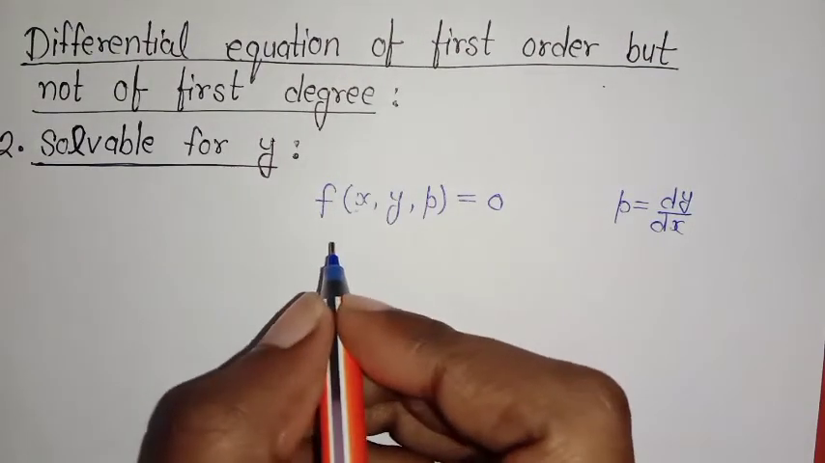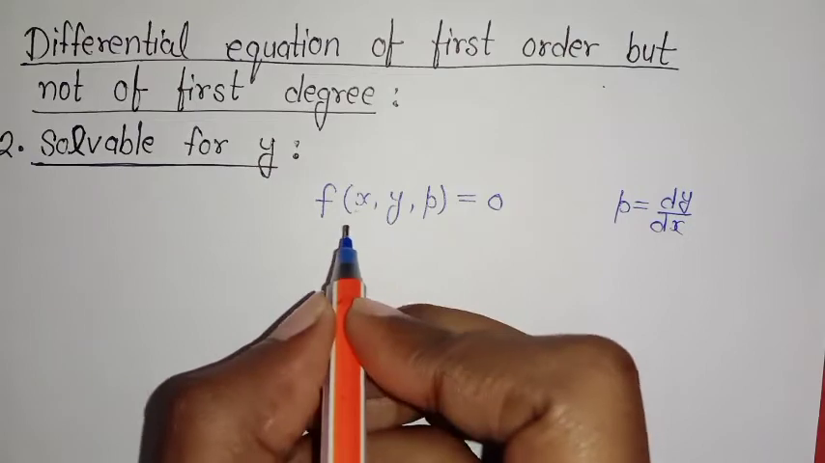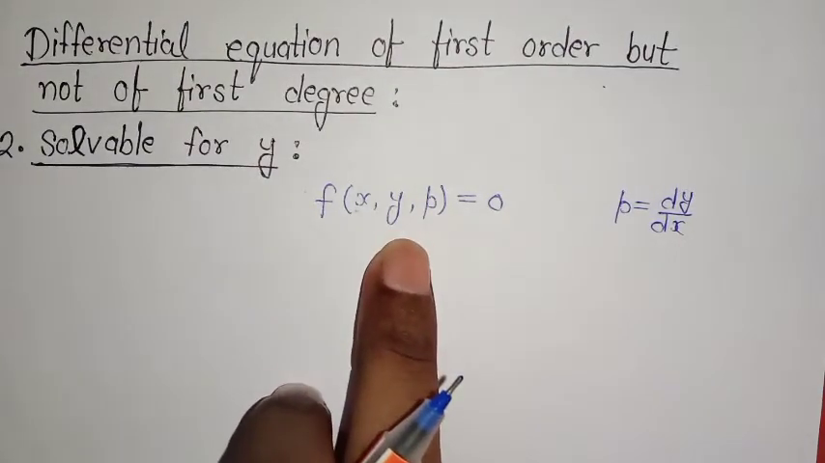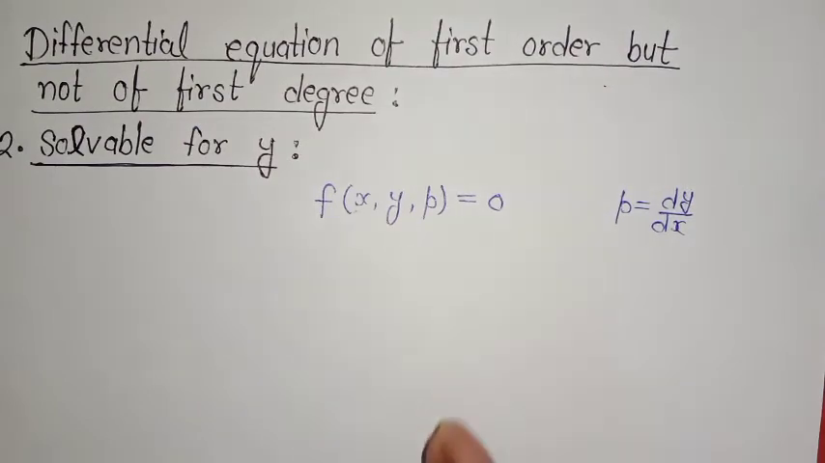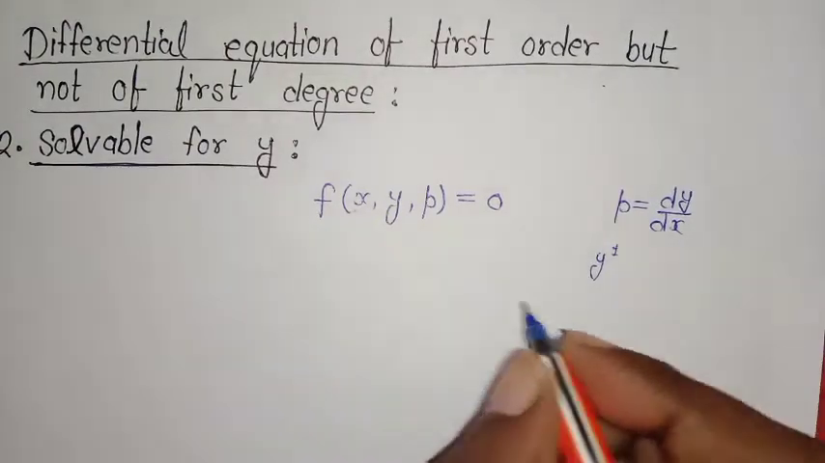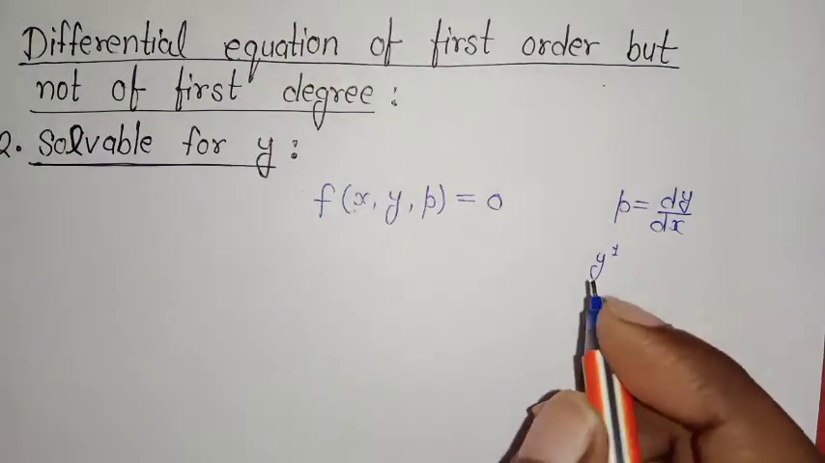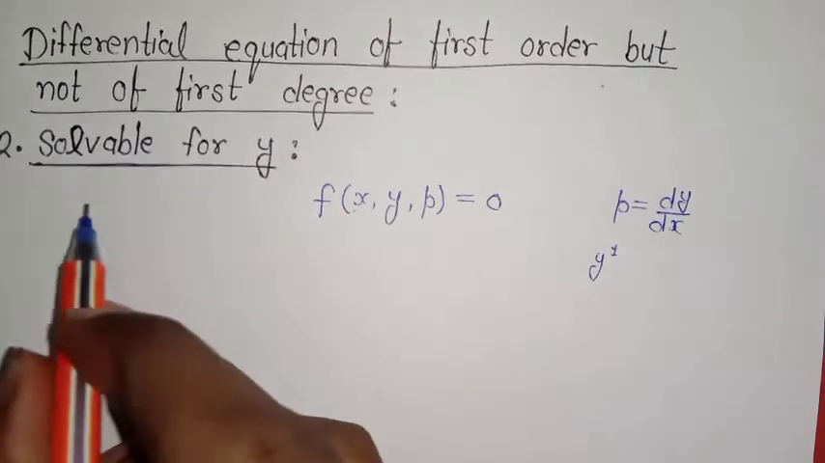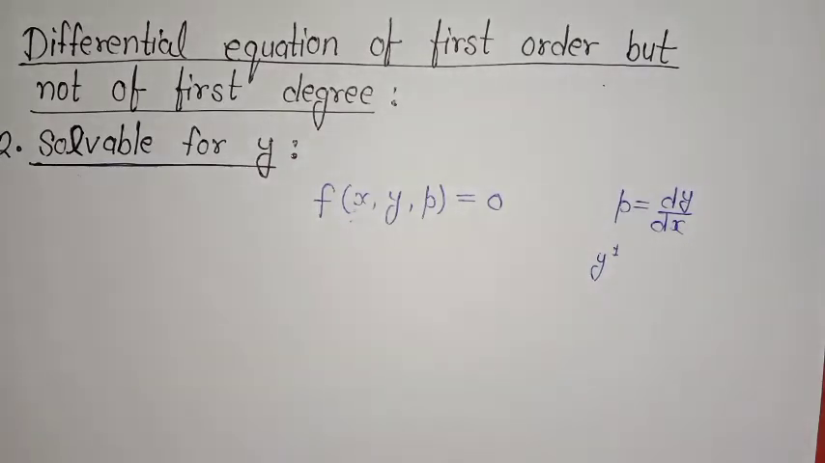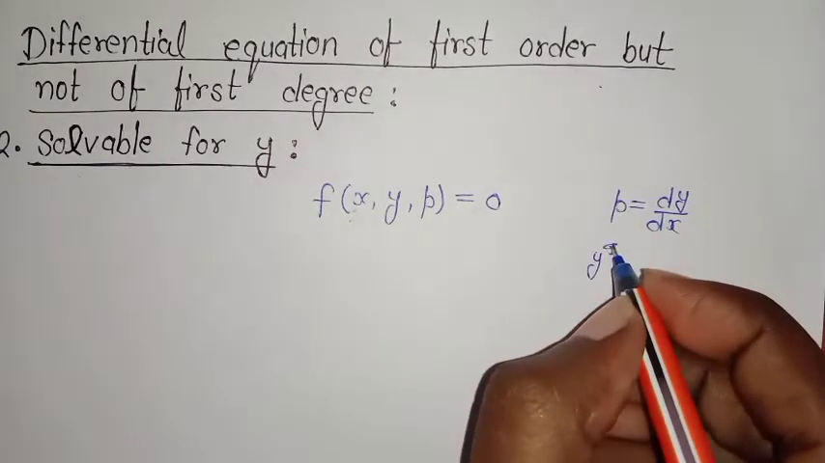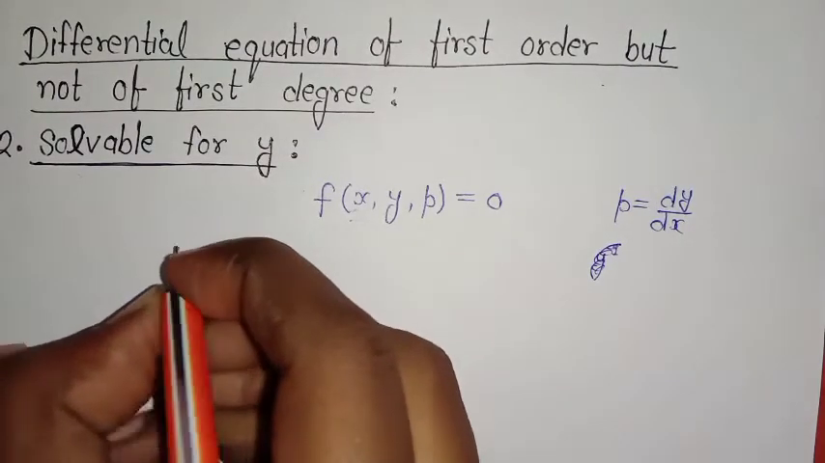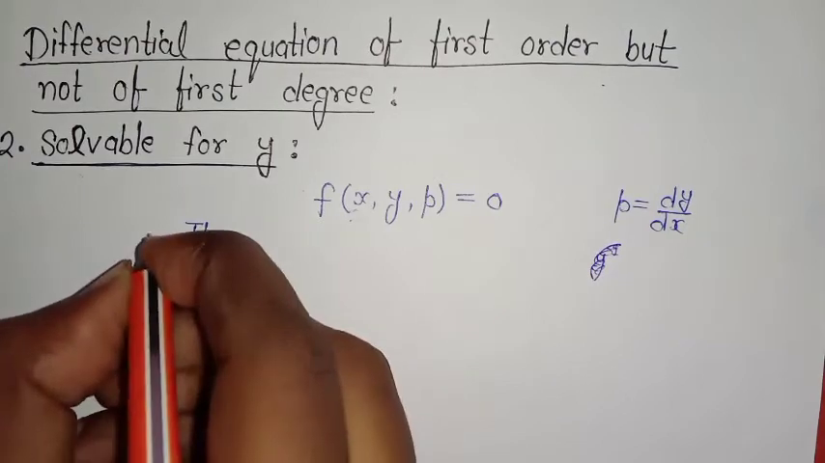And secondly, what will we do if it is solvable for y? After seeing the form, you can understand whether it is solvable for y or solvable for x. You have to see that if the degree of y is 1 and the degree of x is more than 1 or anything, then you will apply the method solvable for y. And if the degree of x is 1, then you will apply the method solvable for x. So it depends; you have to understand which method to apply. So it is solvable for y. If it is solvable for y,